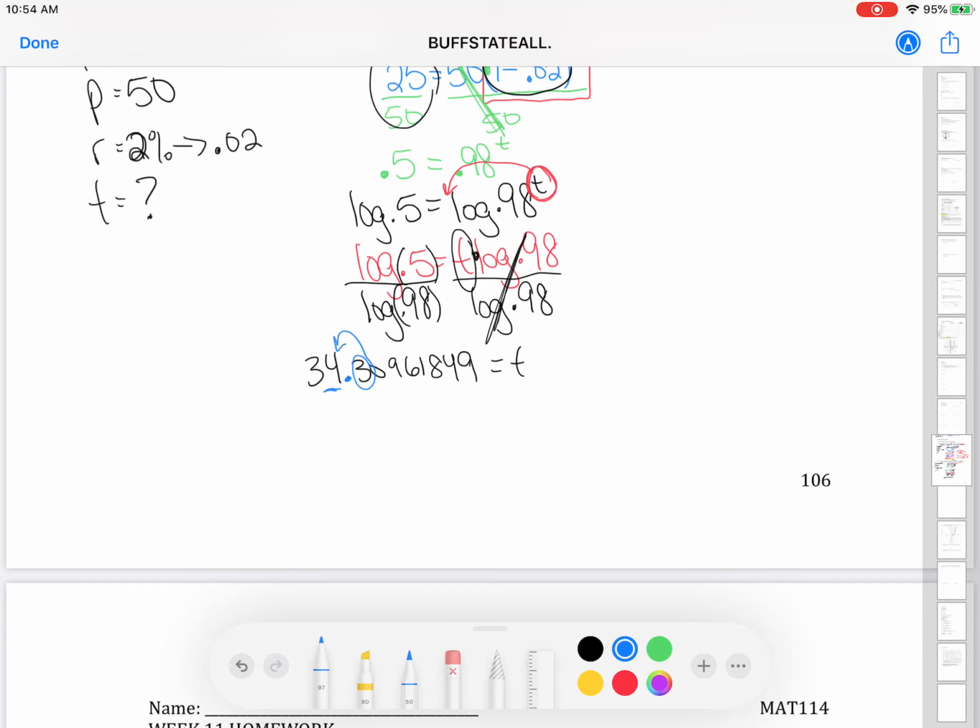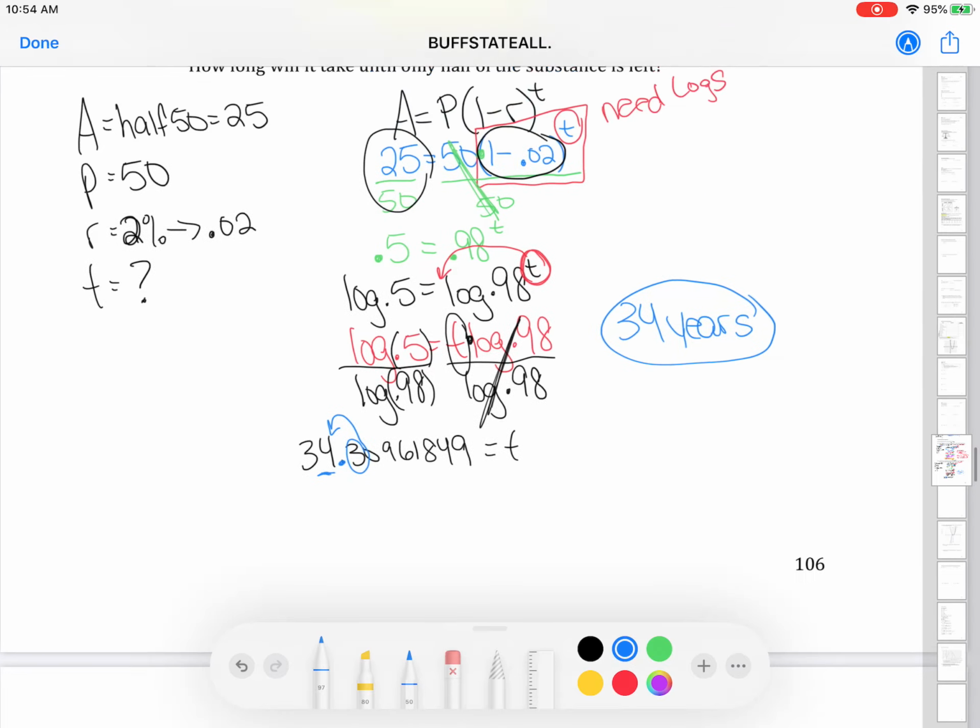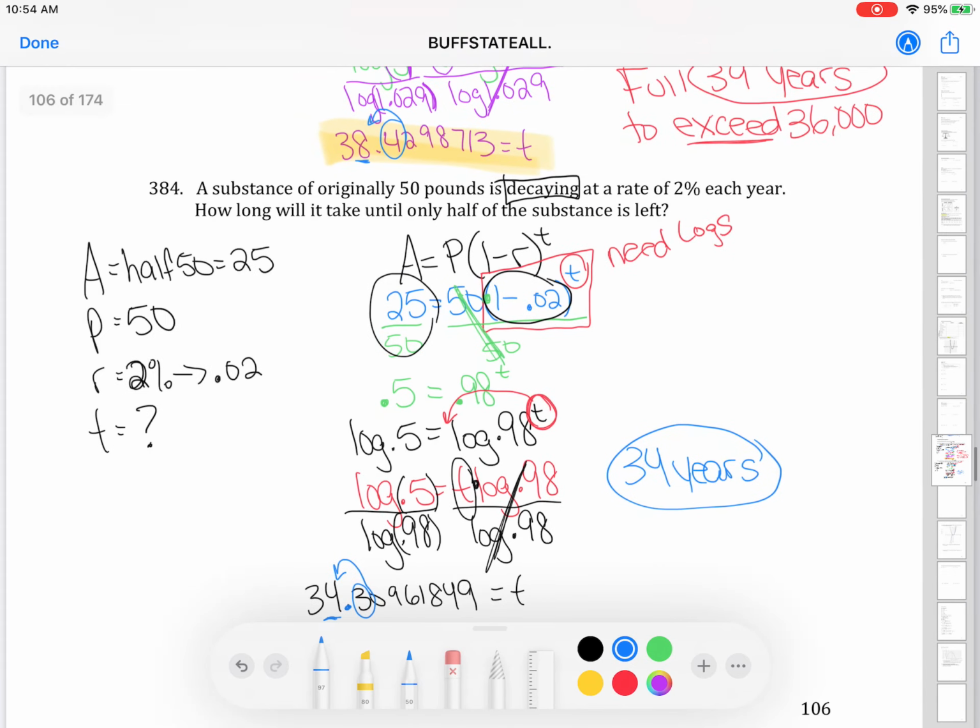When I round this to the nearest whole number, that means I want it to end right before the decimal point. So I look at the number after it. 3 will not bump that up, so it's going to be about 34 years. Okay, so get practicing on the homework for this. Make sure you really understand how to use logs and how to solve